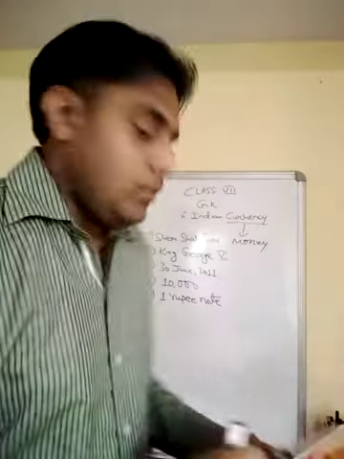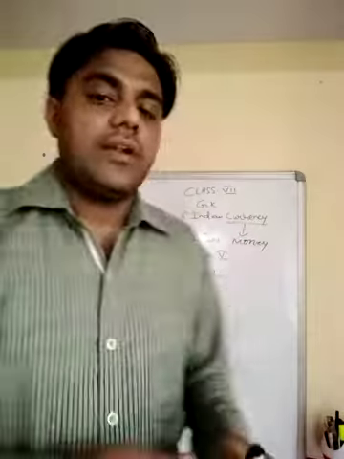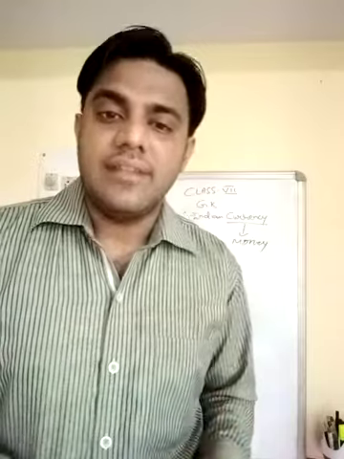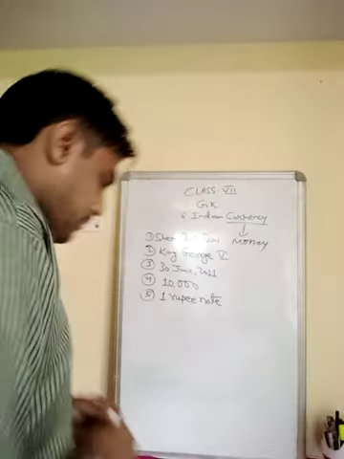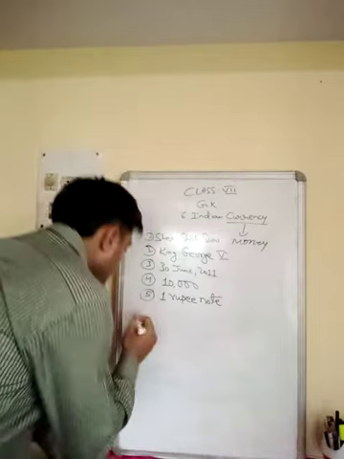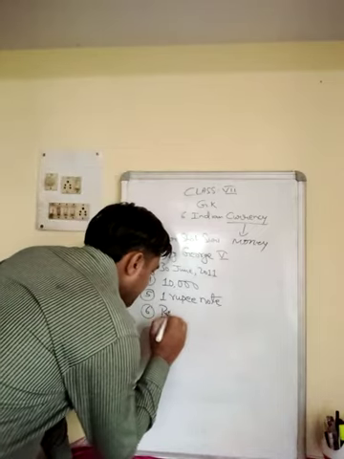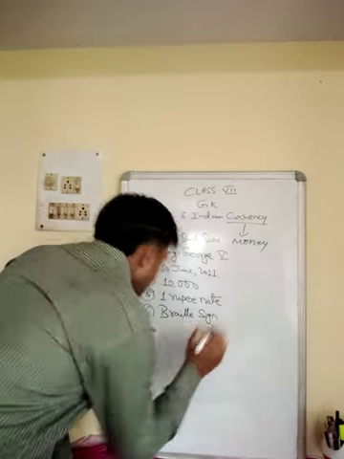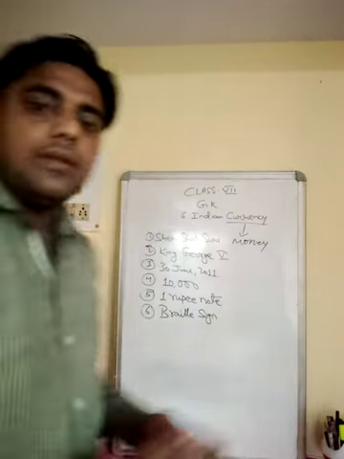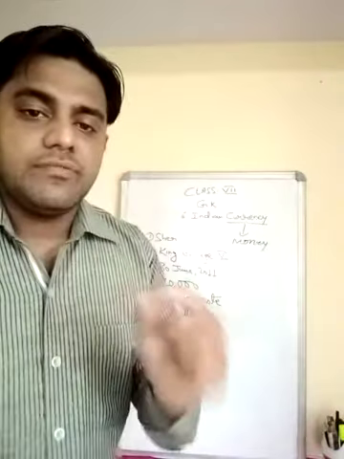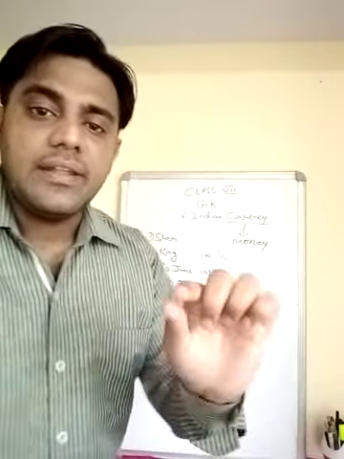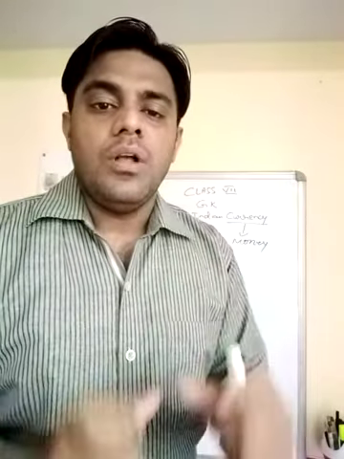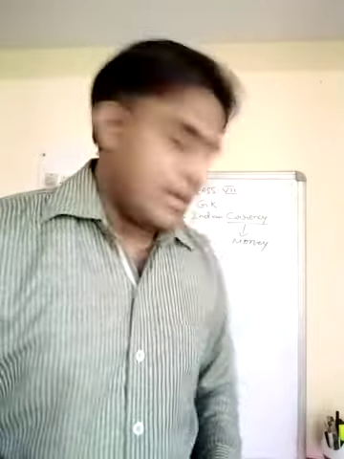See, in order to ensure that even blind people can know what kind of note they are carrying, the denomination value in a particular corner is printed in raised letters, and that particular raised letter is called Braille sign. So only the denomination value on a particular side is printed in Braille, that is raised letter, so that only by touching it, even the visually impaired people can know what kind of currency denomination they are carrying.